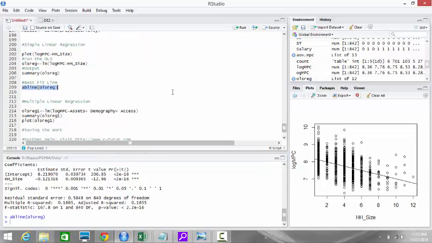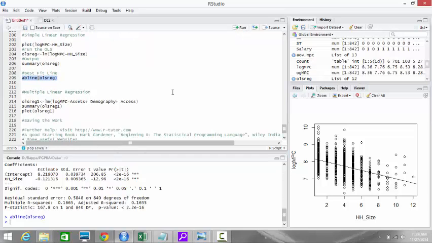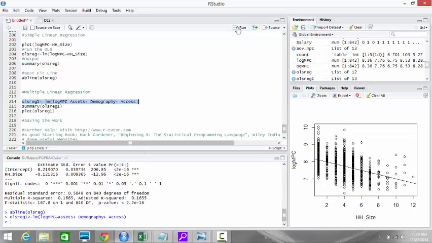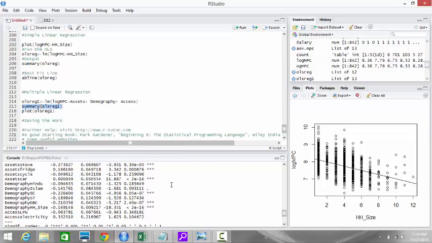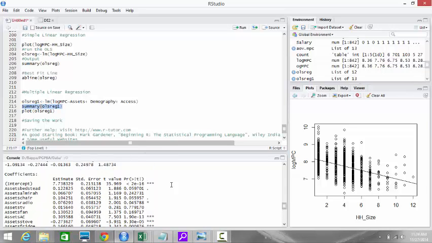We can also do multiple regression, and in multiple regression now we want to include all the variables. The y is log MPC. In the x variables we include the assets, the demography, and access. So if we do this, and if we look at the summary OLS regression, what we now get is